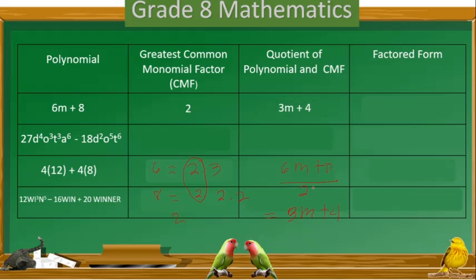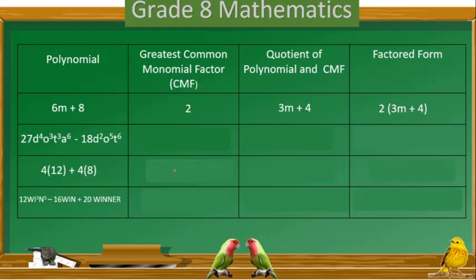Actually, this process and the process of just dividing the first term and second term separately are the same. Okay, the factored form is the combination of this quotient and the greatest common monomial factor. So you just combine the two. So that is 2, then this one, 3m plus 4. Yeah, that's it. The next is